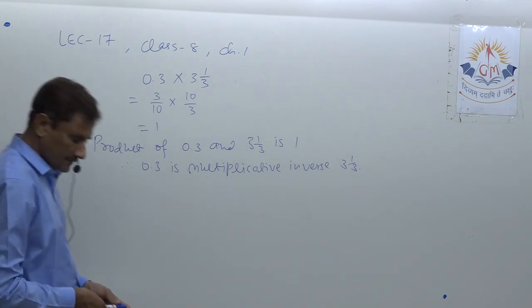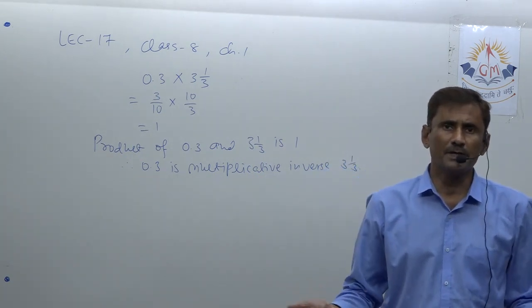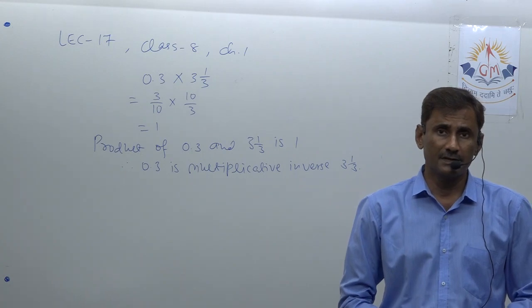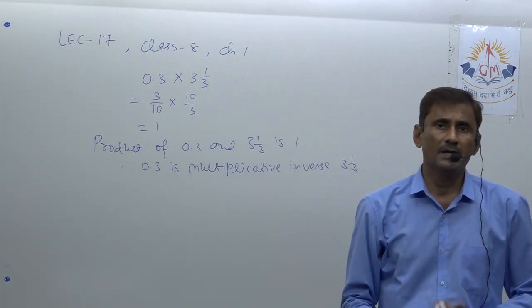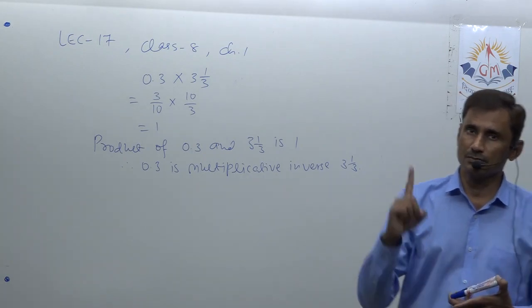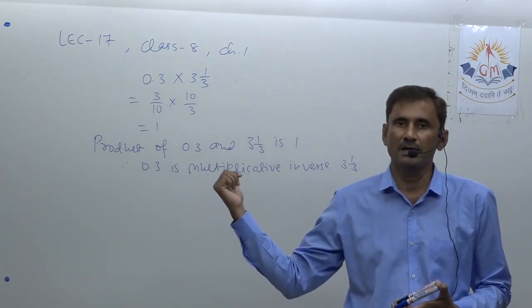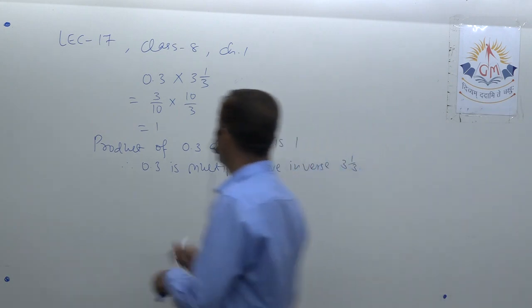Because for getting an inverse, the product should be 1, because it is the property or definition of multiplicative inverse. And in additive inverse, the sum should be 0. I am talking about an extra thing. In additive inverse, the sum should be 0. In multiplicative inverse, the multiplication should be 1. So understand it well and note it down. Okay, this is question number 3.